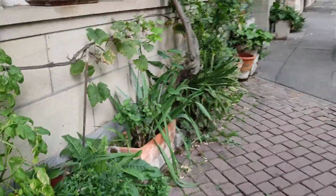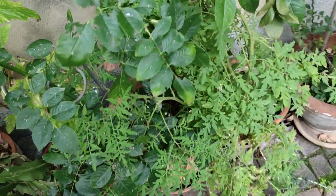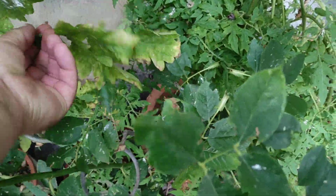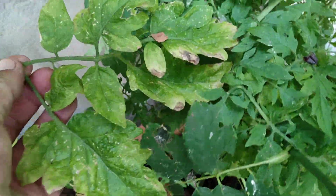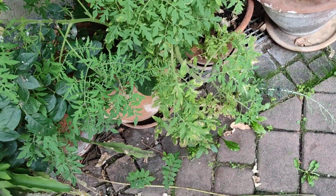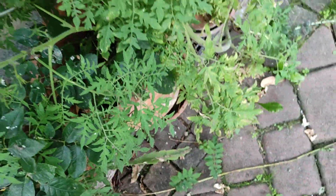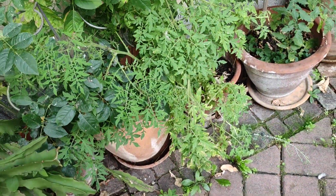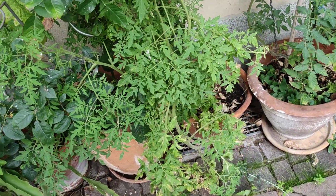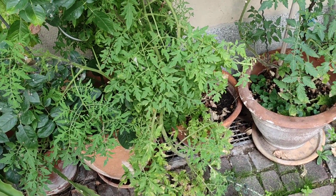But this one here, this one is really crazy. Look at it. Here it grows right next to another tomato. Just compare the leaves of the two tomato plants. This one has really big leaflets and this one has very laciniated leaflets. I don't know, well, it cannot be Lycopersicon, it cannot be Pimpinellifolium. Is it maybe, well, there are other wild tomato species, but it doesn't seem to be a wild tomato species